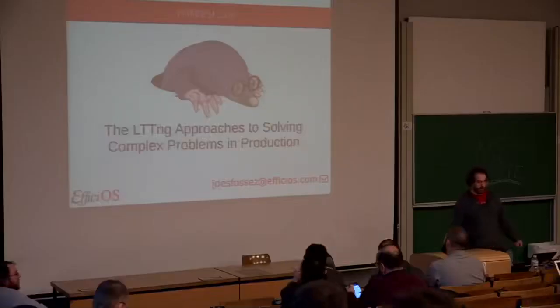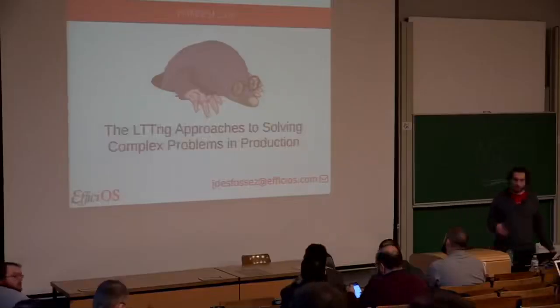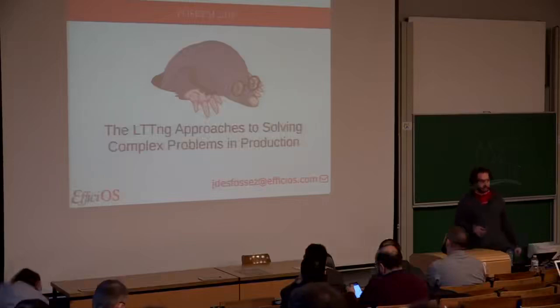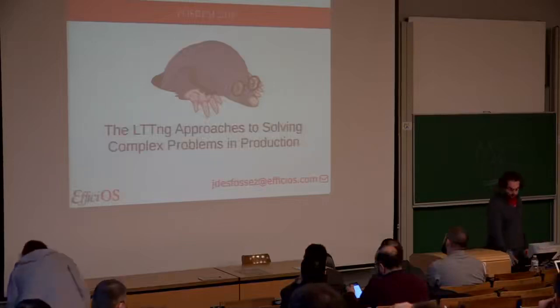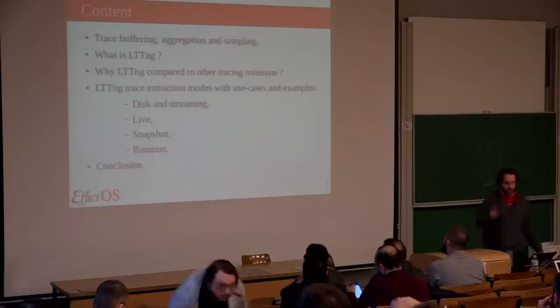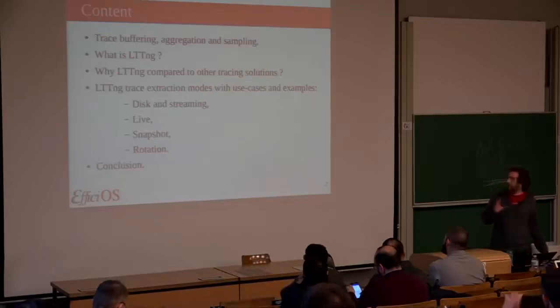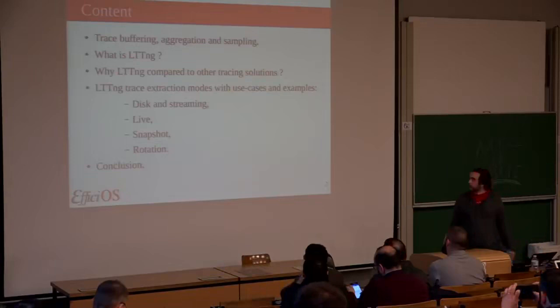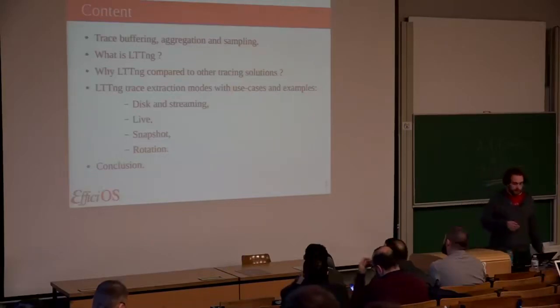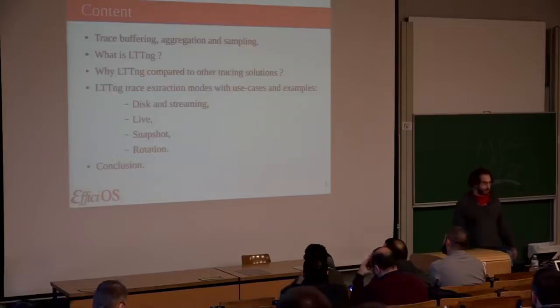Today I'm going to talk to you about LTTng and how we can use it to solve complex problems in production. The topics we cover are tracing, the different kinds of tracing, because usually there is a mix between terminology: trace buffering, aggregation, sampling. Then we talk about what LTTng is and why we want to use it for this kind of use case. And then we discuss the four main modes of LTTng and how to configure them and why they are useful